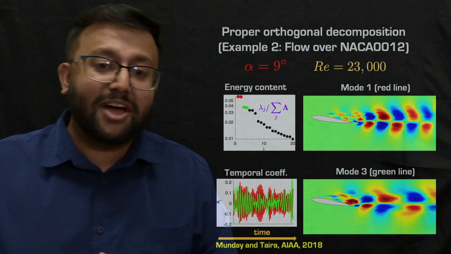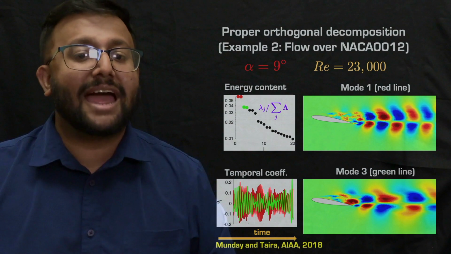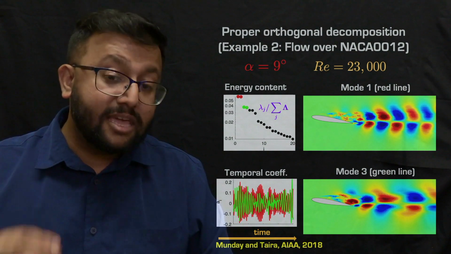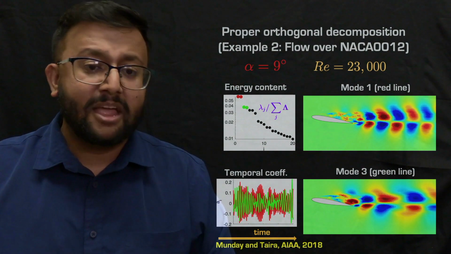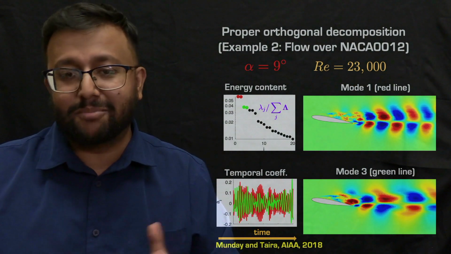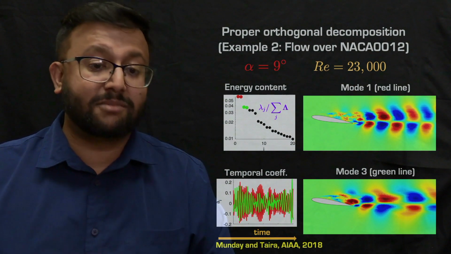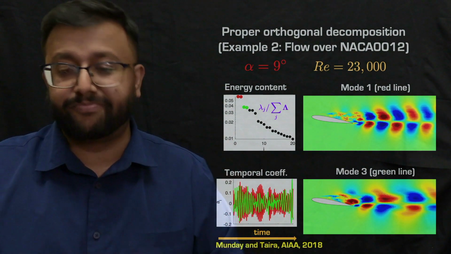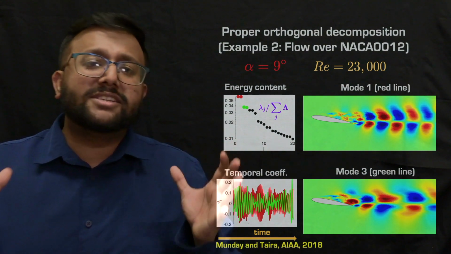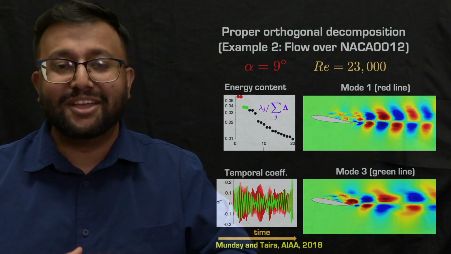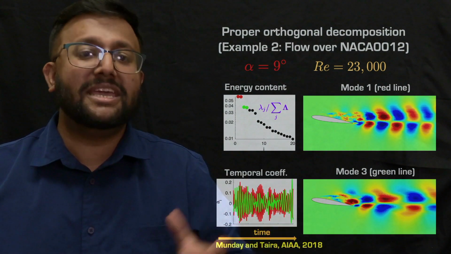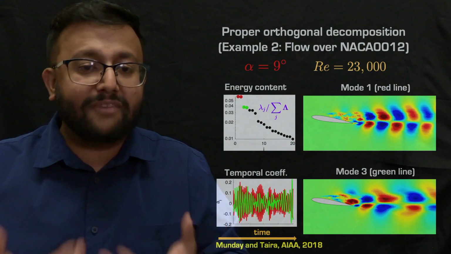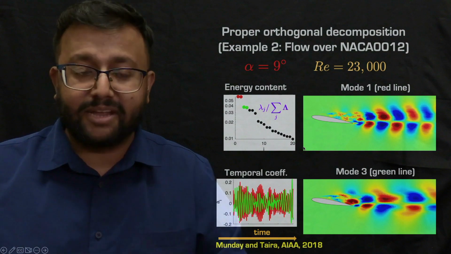So that N that we talked about, the summation of the modes that described our stack matrix X, we actually need a lot of them to be able to accurately reconstruct the original flow. Well, we don't need a lot of that in the low Reynolds number case, but definitely for this higher Reynolds number case, we need a lot of modes to accurately represent the full data matrix X. So hopefully this gave you an intuition of the differences between a lower Reynolds number POD versus a higher Reynolds number POD analysis, and the different flavors. So now you have some intuition of what that brings about.